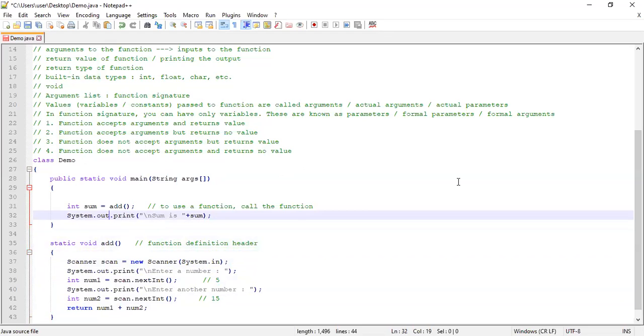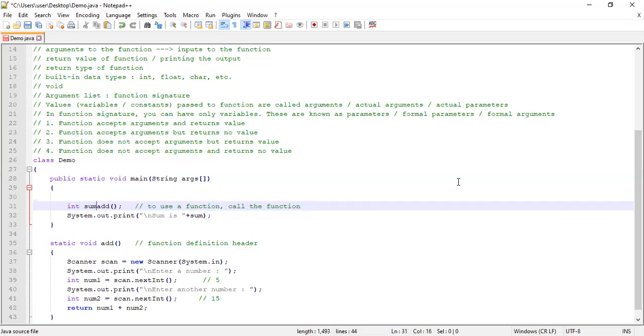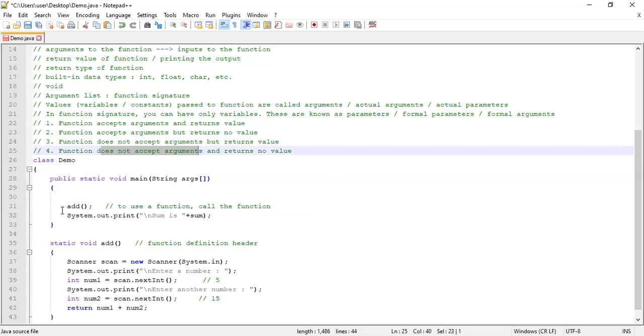First of all, I need to have a function call here, which will be in the form such as this. I'll simply write the name of the function and the pair of parentheses. The pair of parentheses will be empty because it does not accept arguments, and there'll be no variable on the left hand side of this function call because it returns no value.